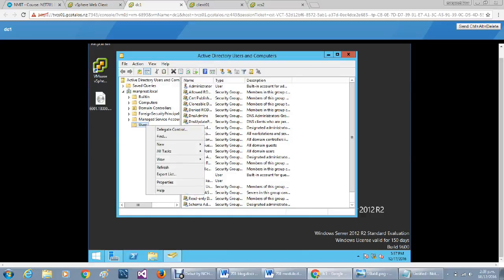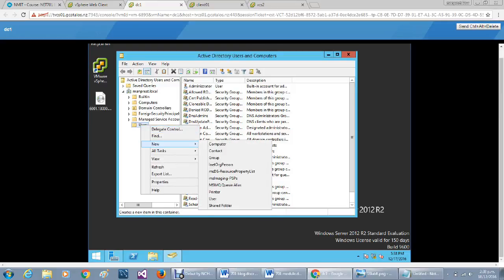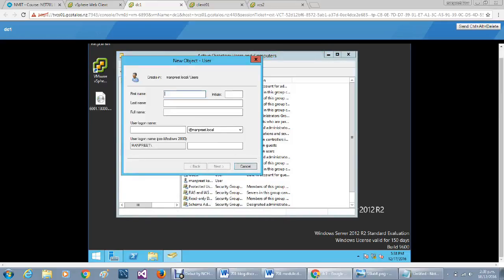For creating a new user, we select Users, right click on Users, then New User. Suppose I am going to create a user with my name, for example Manpreet, and last name. Then click on Next.